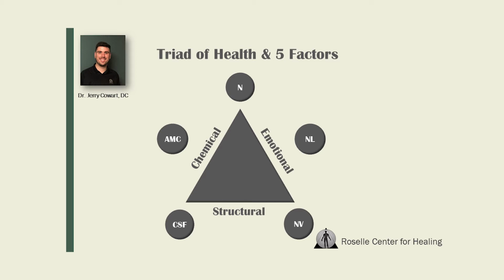And then lastly is your AMC, your acupuncture meridian connection. That's basically the harmony of your body. That's how everything in your body is connected and works together. And so if you have different organ tissues or different muscles and things of that nature that aren't working in harmony together, a lot of times this is your acupuncture meridian connection that is struggling, that just needs support with that.